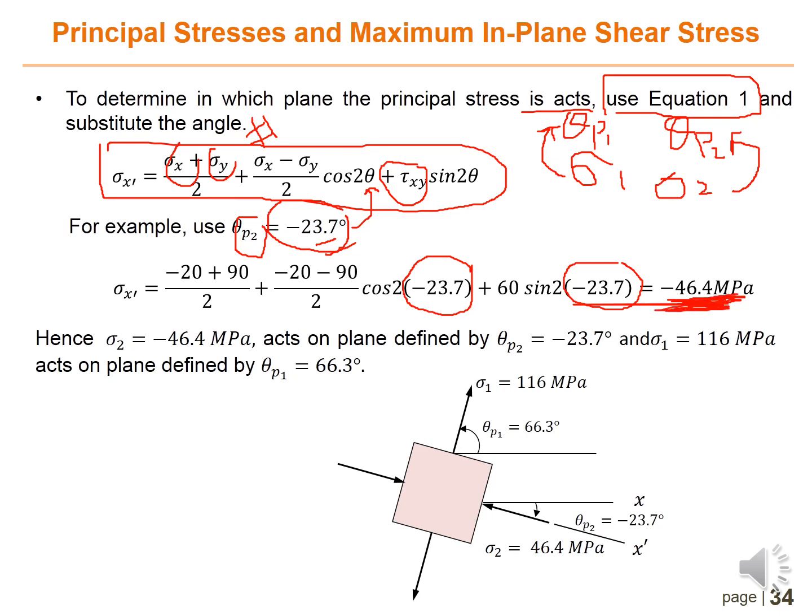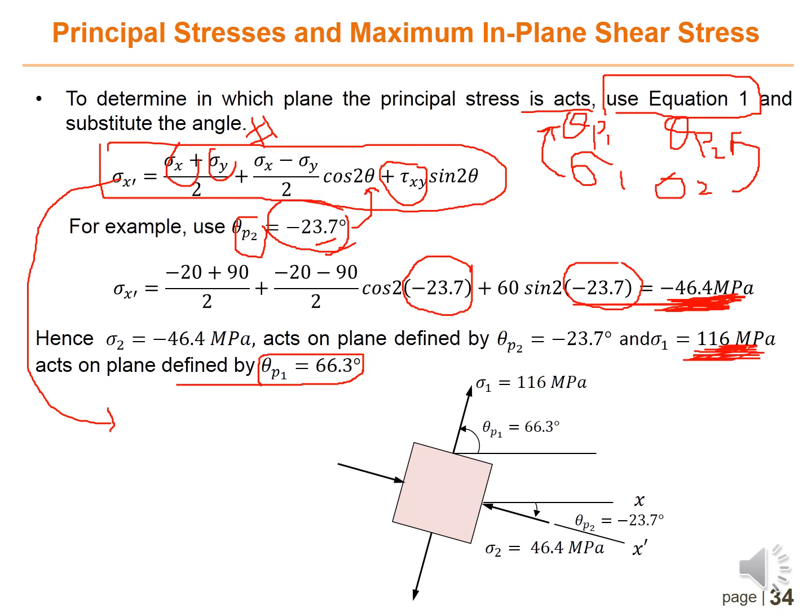Then on the other plane, defined by theta p1 equals 66.3, the sigma value is 116 megapascal. To check this, you can use the equation again and substitute 66.3, and you will get sigma x equals